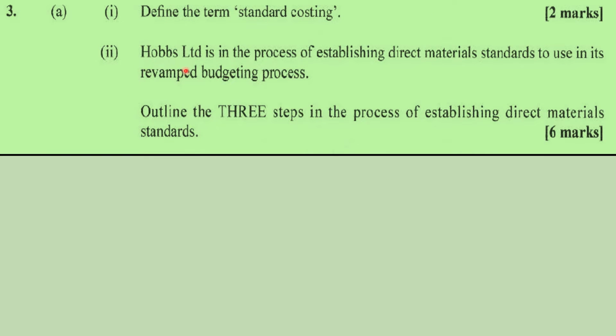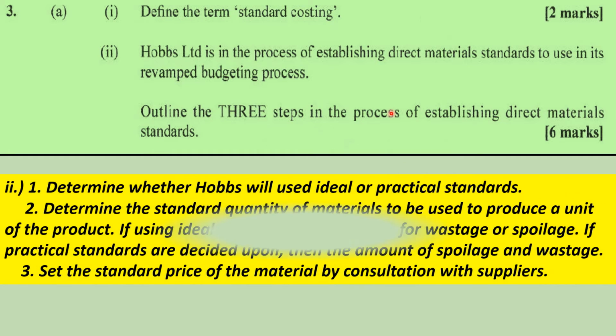Hubs Limited is in the process of establishing direct material standards to use in its revamped budgeting process. Outline the 3 steps in the process of establishing standard direct material standards. For 6 marks. So just 3 steps you need to outline. The first